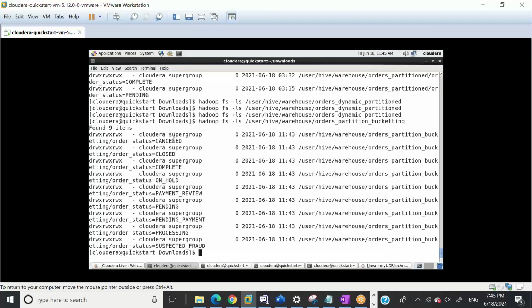So now when we run the where clause with order status cancelled, it will just go to this directory. When we run order status equal to suspected fraud, it will only go to this directory. So what we prevented, whether using static partitioning or dynamic partitioning, is a full table scan. And that's why the query will be super fast. In this case, the query time will be 9 times lesser because we are only going for 1/9 of the data. And that's why partitioning is super helpful. Okay, so I think that